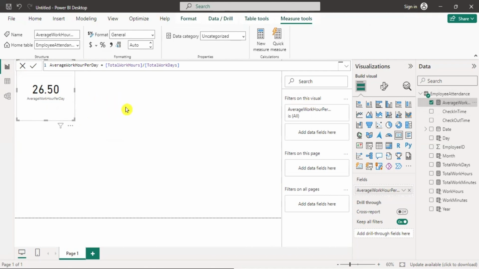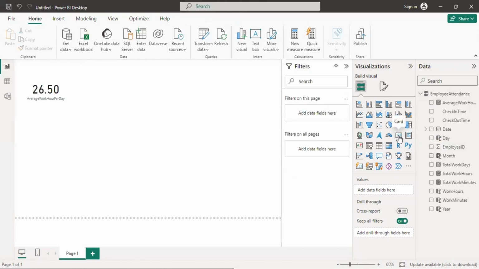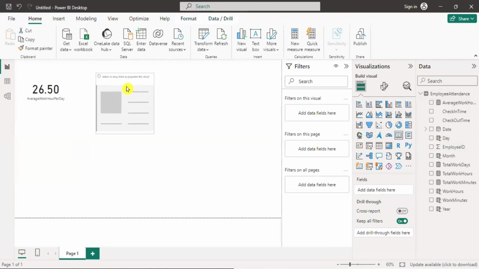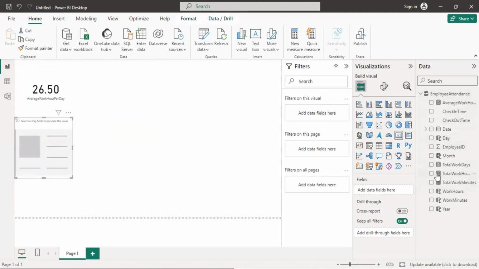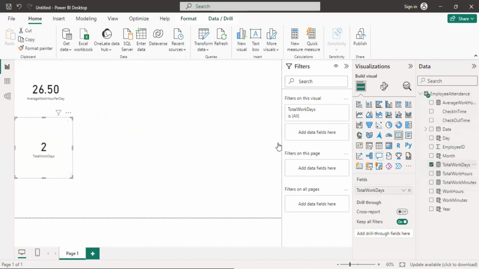Let's insert another card and look at that. On this card, let's pick our total work days. Total work days, as our data set provides, is 2. So you can go ahead and insert the necessary cards and the necessary